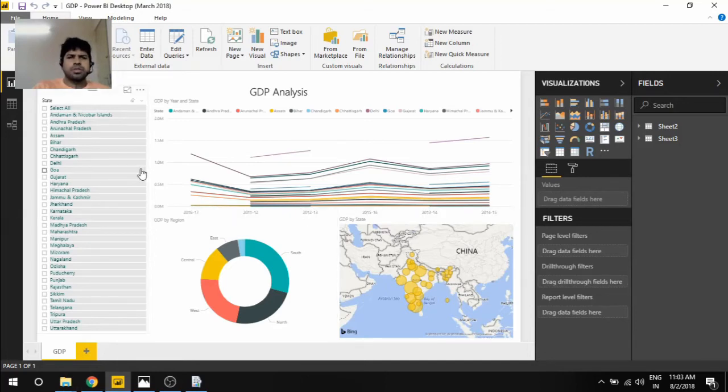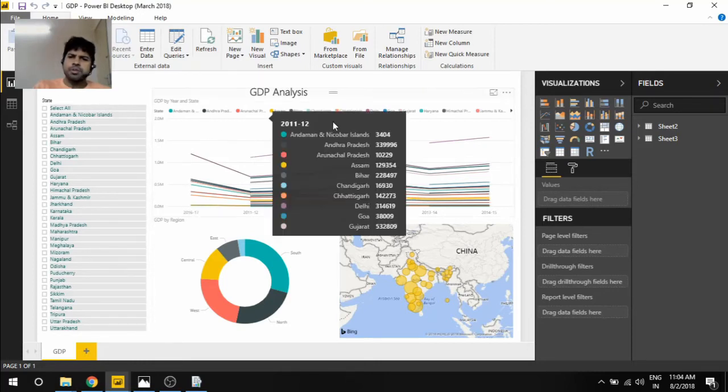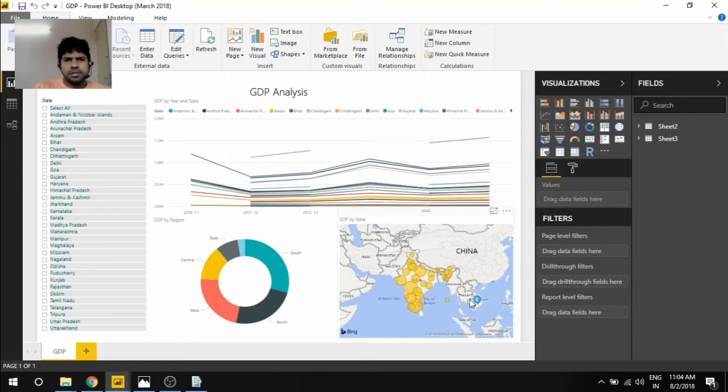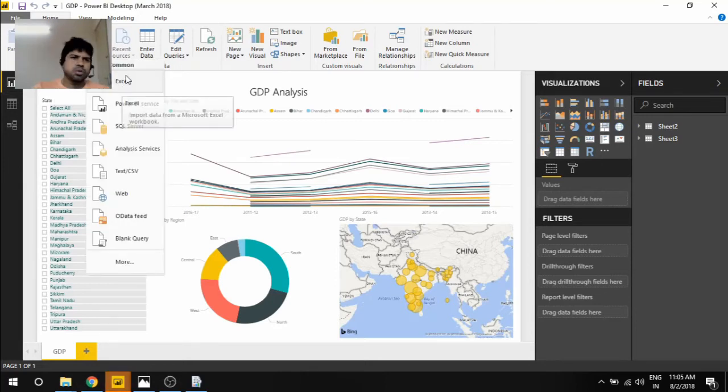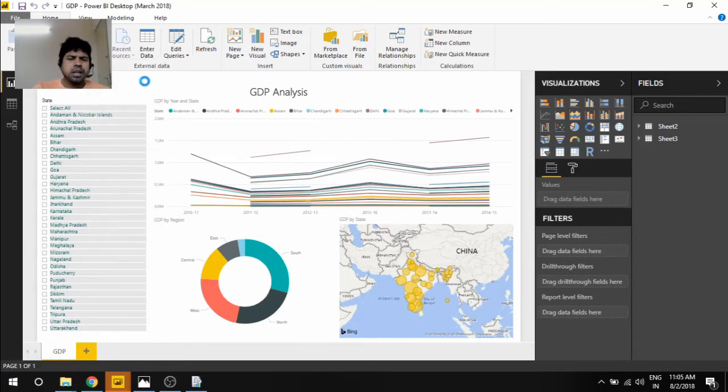Although it looks like nothing, I have downloaded one Excel sheet which contains the GDP of various Indian states, and we can recreate this dashboard here also. So obviously you can connect to Excel and various other sources. I connected to Excel, and from the Excel then